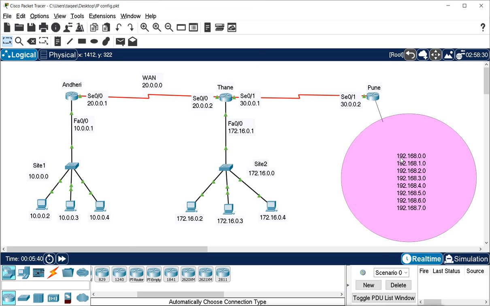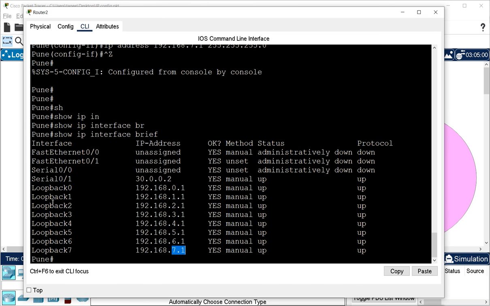So I have created virtual interfaces on this Pune router and given one IP of each network on those interfaces. As we see on this Pune router, we have these virtual interfaces, and on each interface we have the IP address of one network. This is the first network, second, third, fourth, fifth, sixth, seventh and eighth networks.